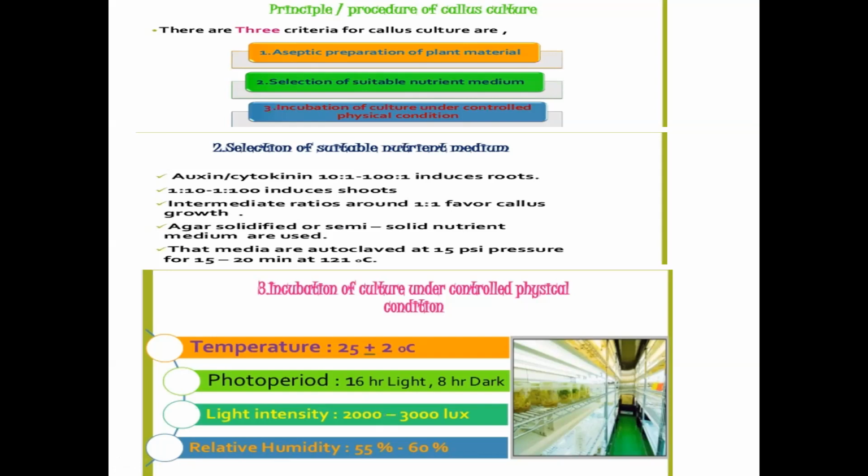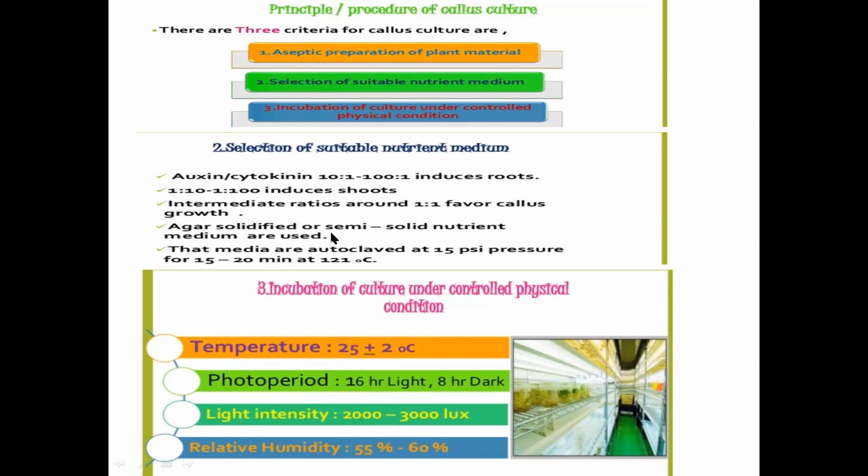You can say increasing auxin will develop shoots, but in some explants it might give the opposite reaction. So it all depends on many factors, epigenetic factors and environmental factors. Intermediate ratios, 1:1, equal amounts of auxin and cytokinin, favor callus growth.